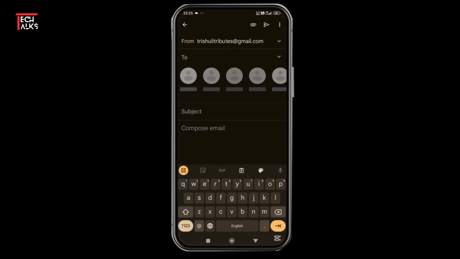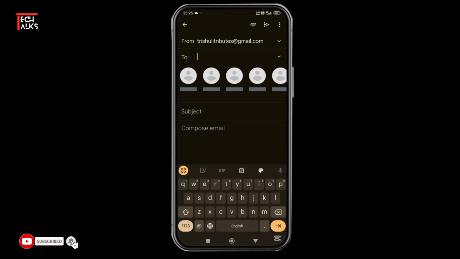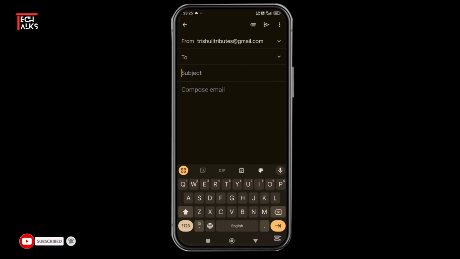Now write a mail as you do normally. So first enter the email address of the people whom you want to send the mail to, and then write the subject of the mail by tapping on subject, and last thing, write the content of your mail. After writing everything, finalize your mail, and what you need to do is tap on this three dot located